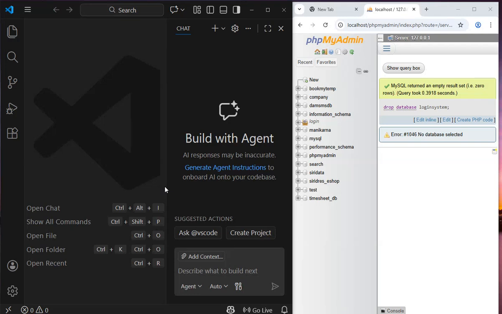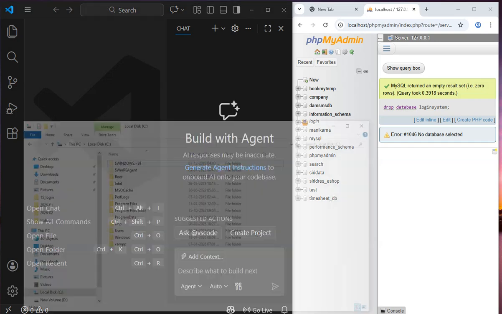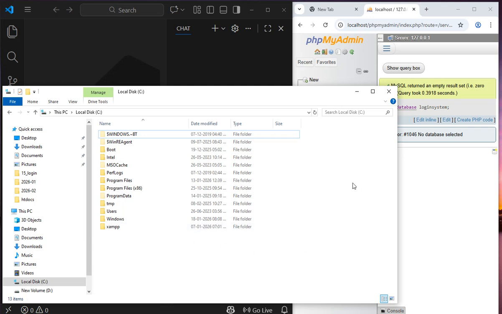Hi everyone. Today we will discuss a PHP login system with database code. Let us start. First we will create one folder